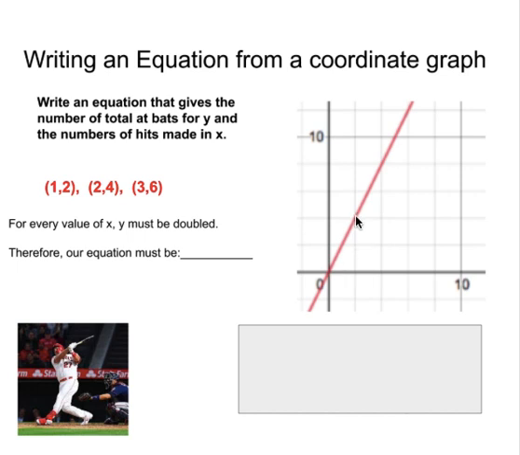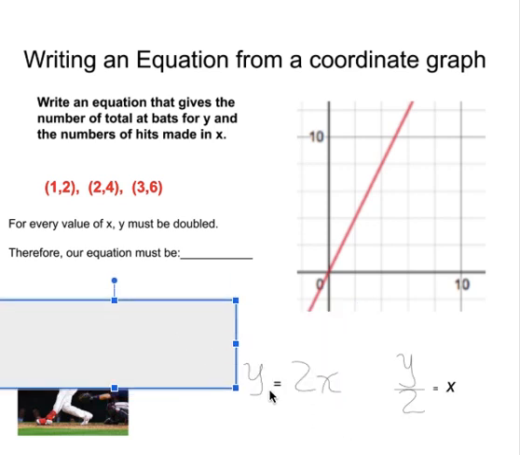So 2, 4. And then if you went to 3, you could see it's here, 3 and 6. And if we went to 4, the x is 4, and y is 8, so 4 and 8. So you can see something here, right? It looks like every time we have a value of x, y is doubled, right? So therefore, our equation must be